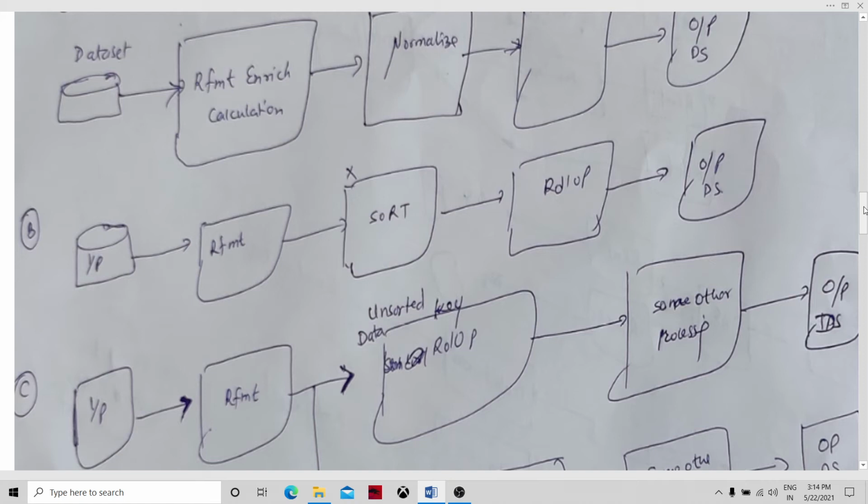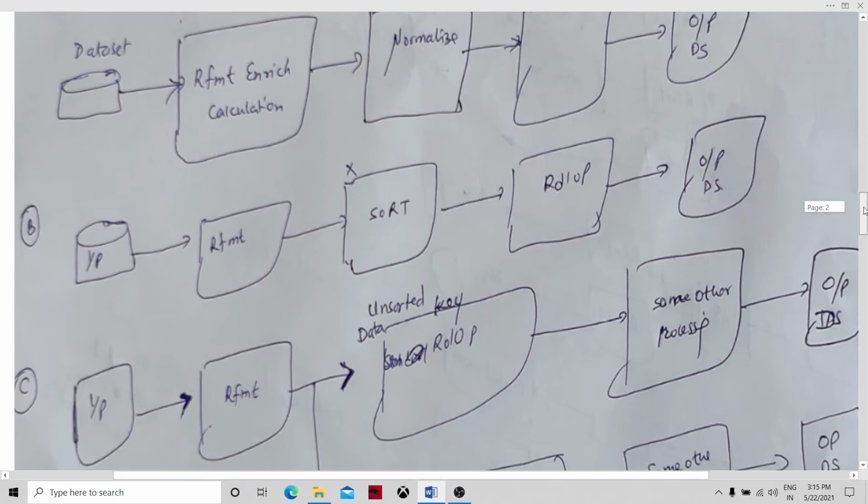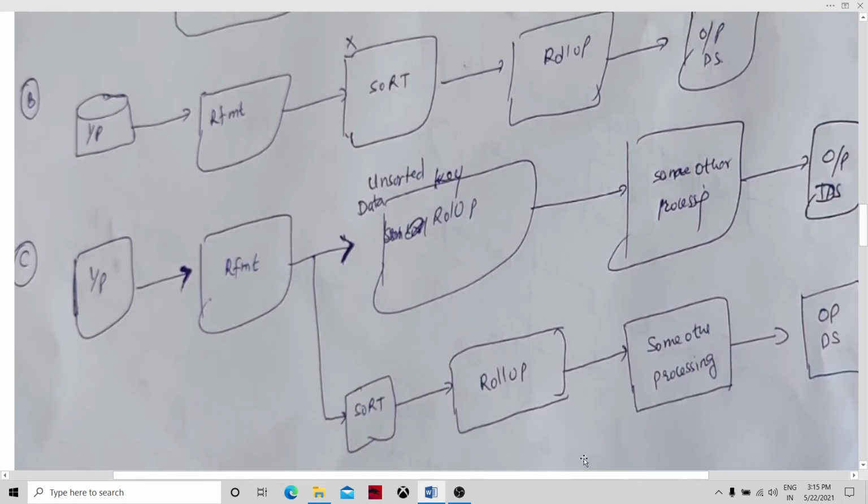So once the sorting has happened, then it can supply the data in sorted form to the roll up, and then these components can work in parallel. So up till sort, there is nothing like an issue in that, but sort has to do many things which are required, so therefore it will break the pipeline parallelism in that respect. Okay. So you can relate the things in various ways.